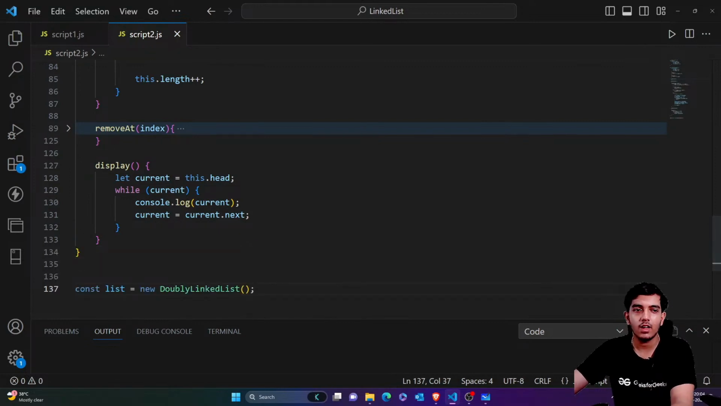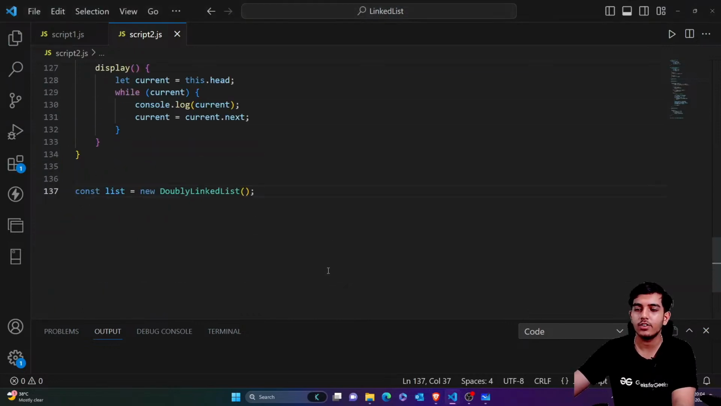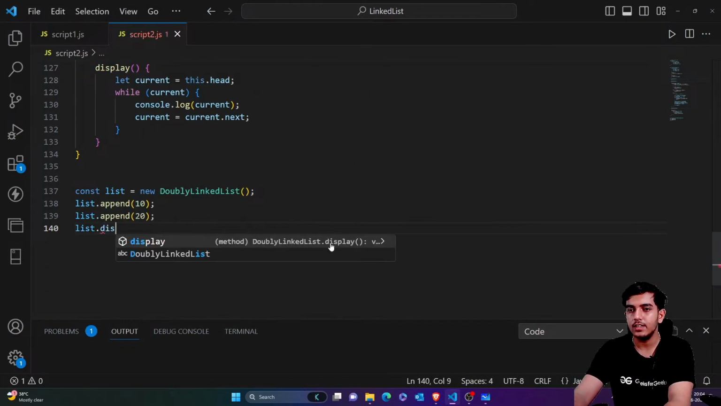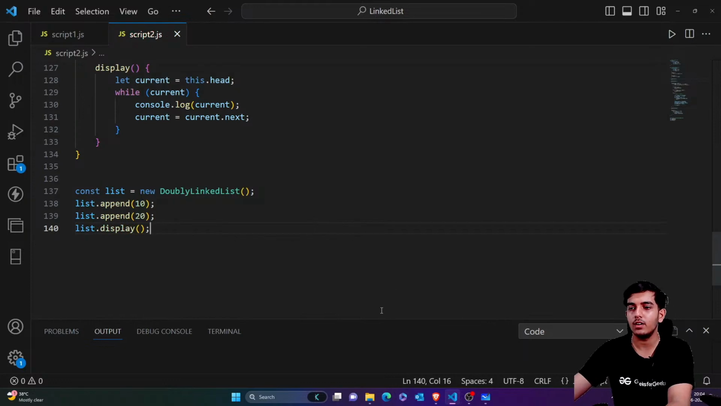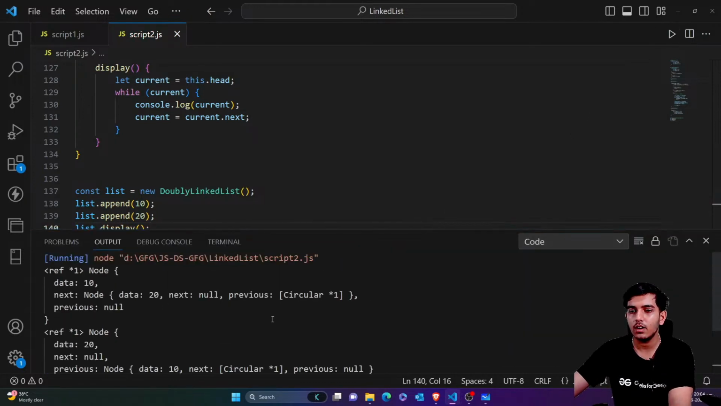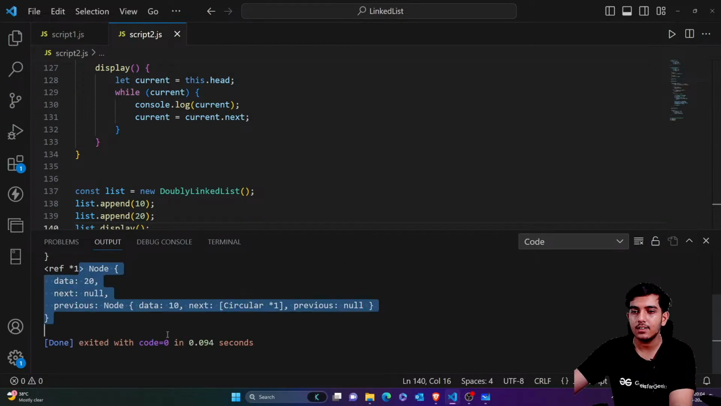I'll just say that we have a list, and then we'll be appending first. Let's try to print those values. Then I'll say list dot display. Cross fingers, let's try to run this, and you can actually see that we have first node as 10 and second node as